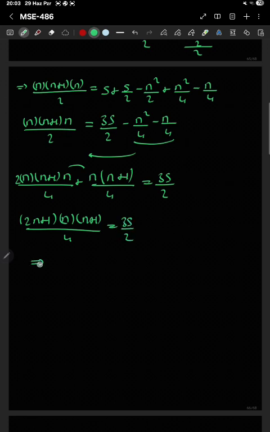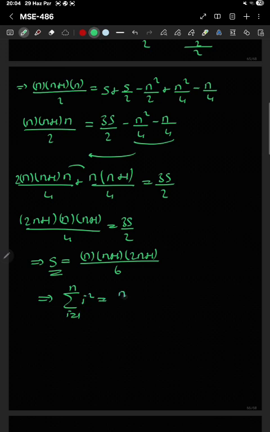So I think we can get s easily from these equations. So we get n times n plus 1 times 2n plus 1 over 6, right? This is the sum that we want to get, from 1 to n of i squared,